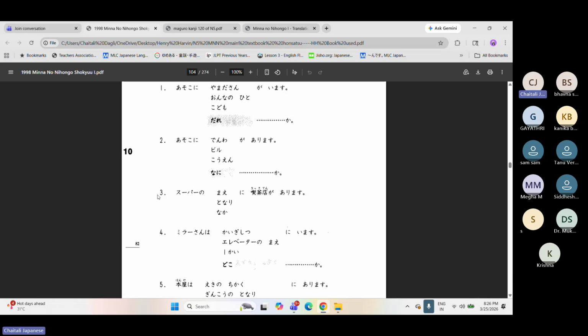What can you figure out from question 3 and question 5? That the ni particle is used before. Yeah, but then why do they have particle ga used there, ga arimasu, and not ni arimasu directly? Ga arimasu is for non-living beings, right? Think. Arimasu, okay. Non-specific location. Supa no. For a direction we use ga.